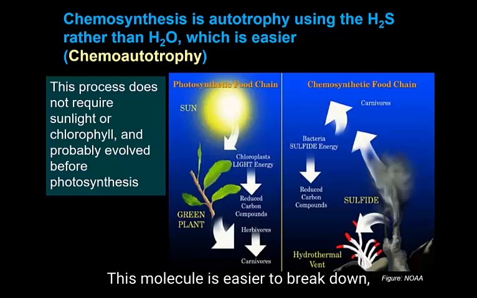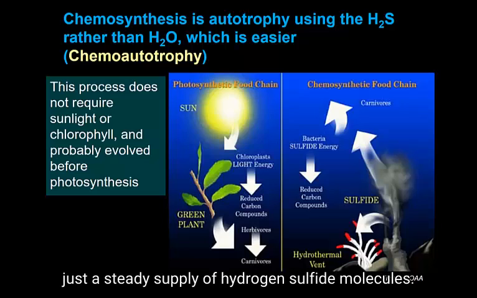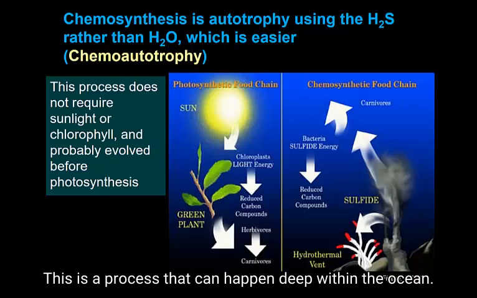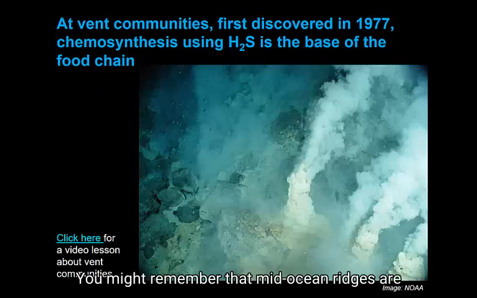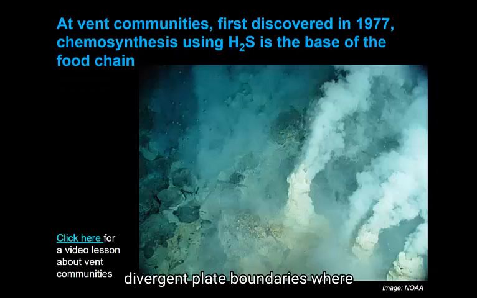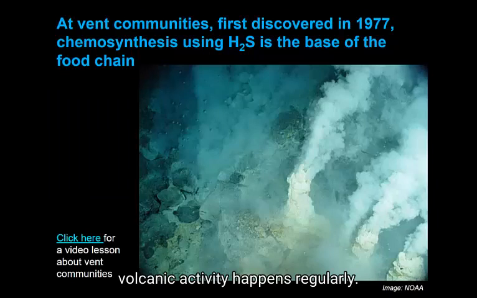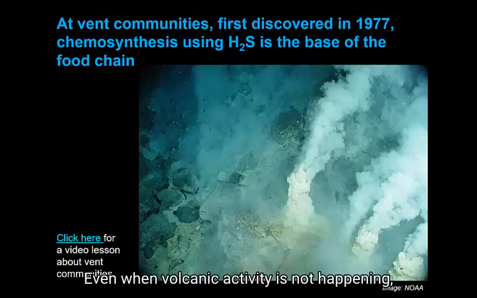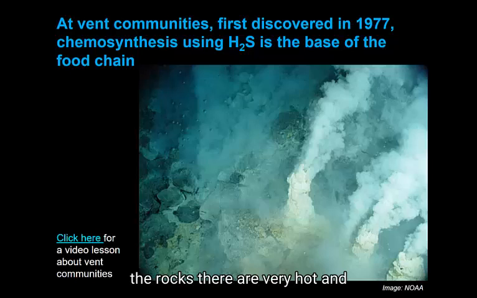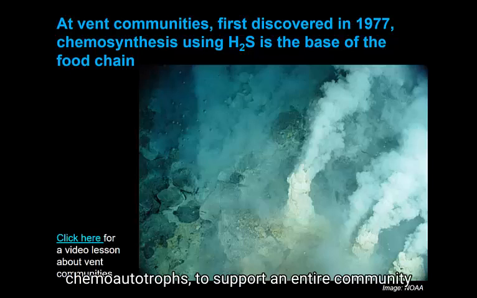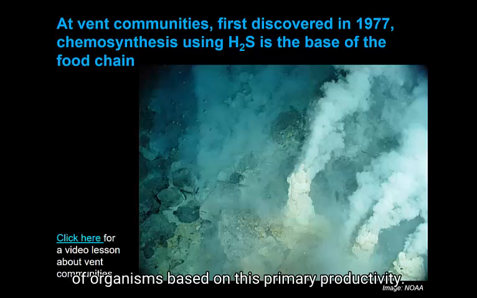This molecule is easier to break down, so energy from the sunlight is not needed, just a steady supply of hydrogen sulfide molecules. This is a process that can happen deep within the ocean. You might remember that midocean ridges are divergent plate boundaries where volcanic activity happens regularly. Even when volcanic activity is not happening, the rocks there are very hot, and we get a lot of hydrogen sulfide released. It is used by chemosynthetic organisms, chemoautotrophs, to support an entire community of organisms based on this primary